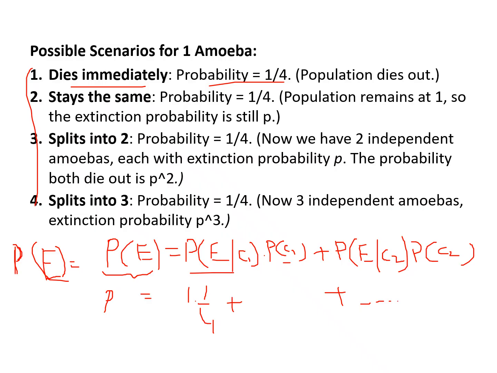Plus, what's the probability of extinction given that C2 happens? Which means it stays the same. So if it stays the same, the probability is the same as it was in the beginning because we started with a single amoeba and it stays the same. So we still have a single amoeba and the probability is what we are denoting with a small p. So small p times probability of C2, which is 1/4 again,